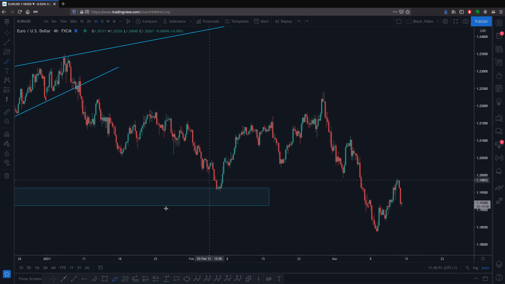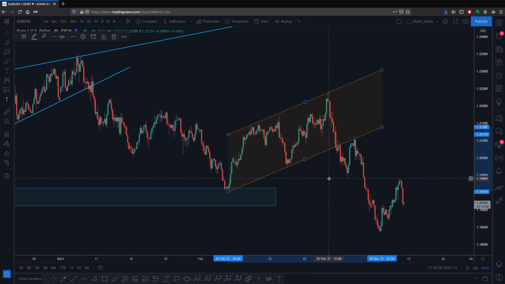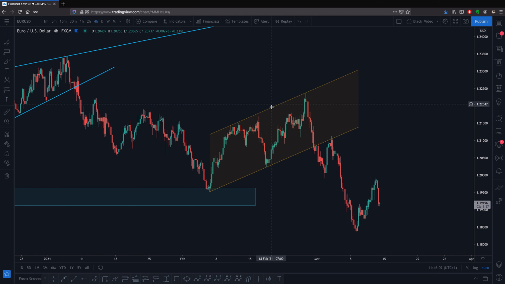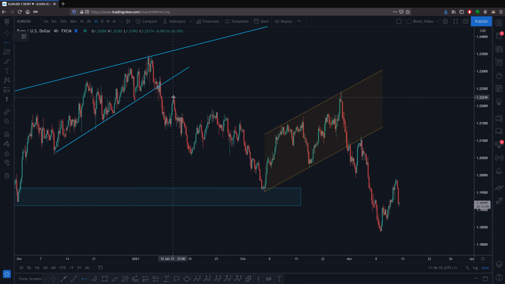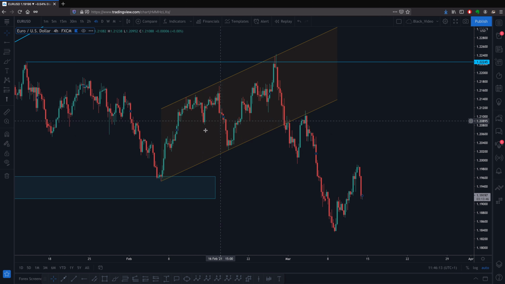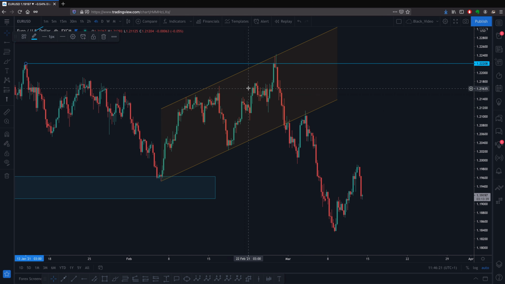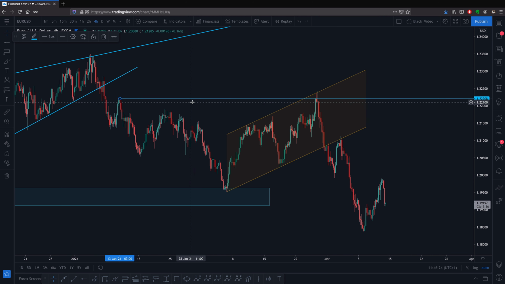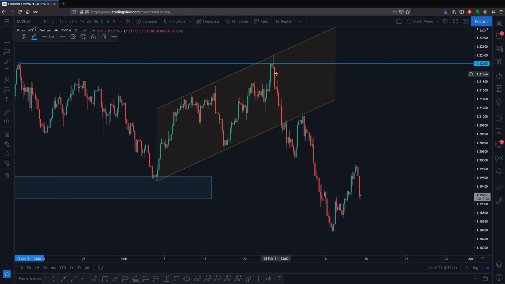So what we do in this case is draw a parallel channel from the low through this low and then to the high. And you can see there have been some great trading opportunities around this area. We have this high, pushing through the trend line, then forming a lower high around this area, and then we push upside inside this last high. The market is pushing to the upside, forming higher highs and higher lows, but we had this daily pressure to the downside. So you can see there are only 3 waves